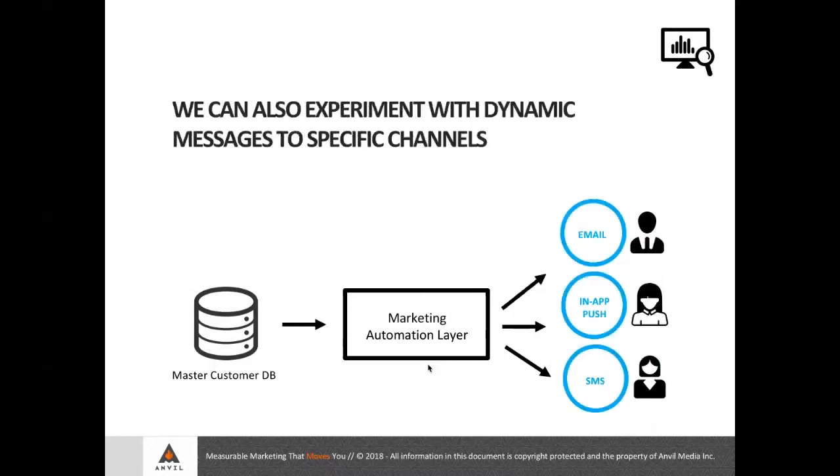Another example of using the marketing automation to create different experiences is to go channel specific. This time, customers A, B, and C are being messaged through different channels. One prefers email. One, we have an app user, and we hit them with a push notification there. And then finally, someone who signs up to get SMS text messaging. And again, some of these marketing automation layers can do this out of the box. You can assign someone to get a message via one or multiple of these types of messaging channels.